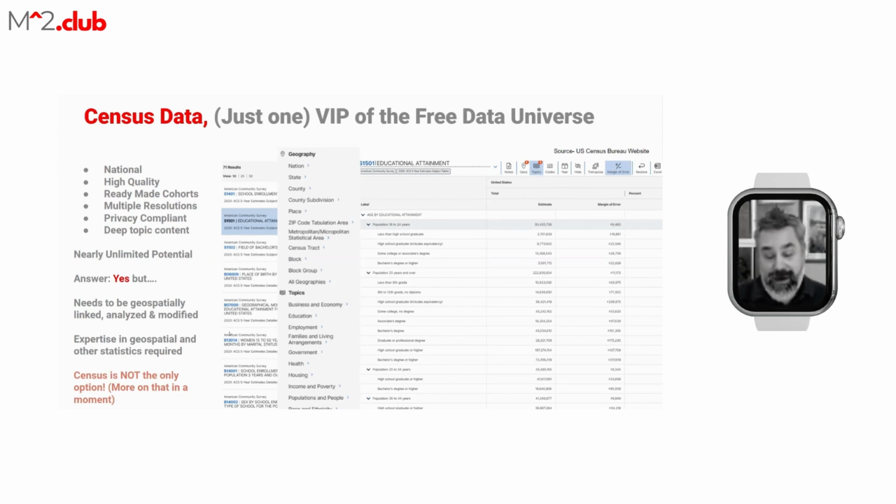The amount of data here in census data alone, we can just stick with that for today, though I am going to mention some others. You can take the data at a national scale, you understand the quality of it, and it's ready-made cohorts. You can link that up with your own sales data and create a really strong understanding of the patterns and what are the underlying community qualities that are driving your sales, right? And this is enormously powerful. I've done this across different types of industries, whether it's high-end healthcare, whether it's the legal field, whether it's high-end fashion, you name it,